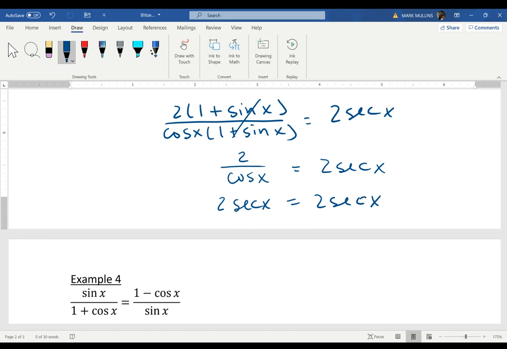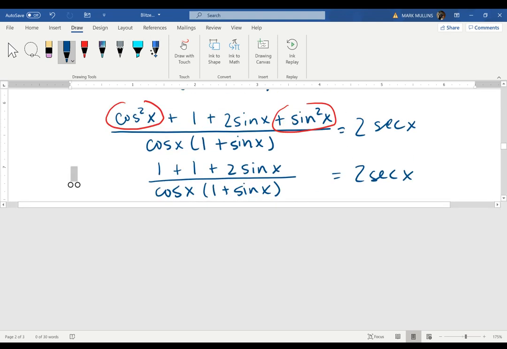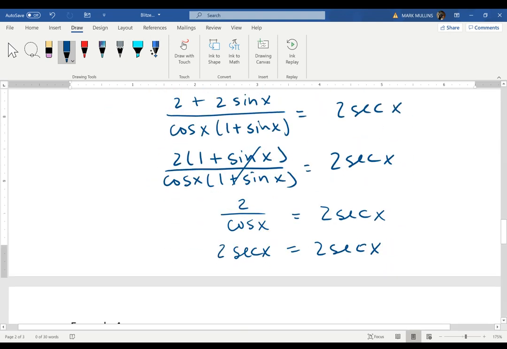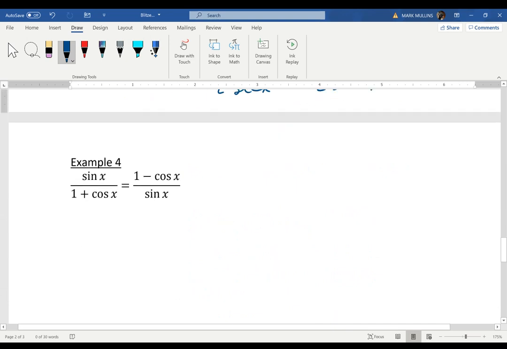So I think maybe that last tip would just be that, sometimes you're not really sure where you're going. There's multiple ways to solve these. That's another thing to keep in mind. But sometimes you just start solving and see what happens. We've got 2 more examples. So on example 4,